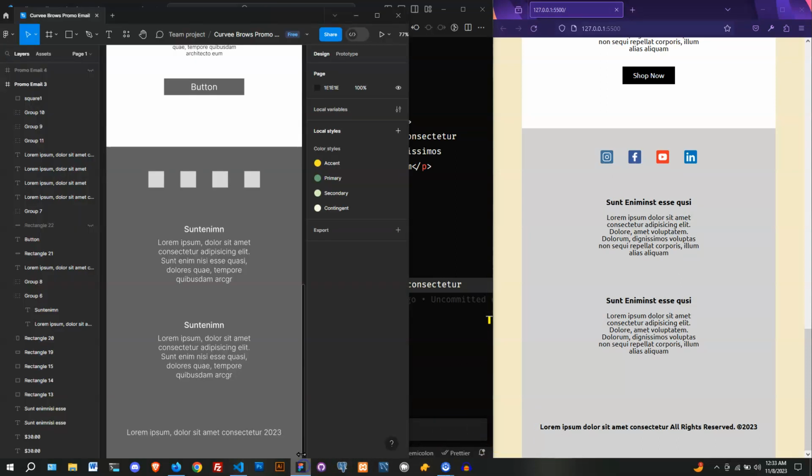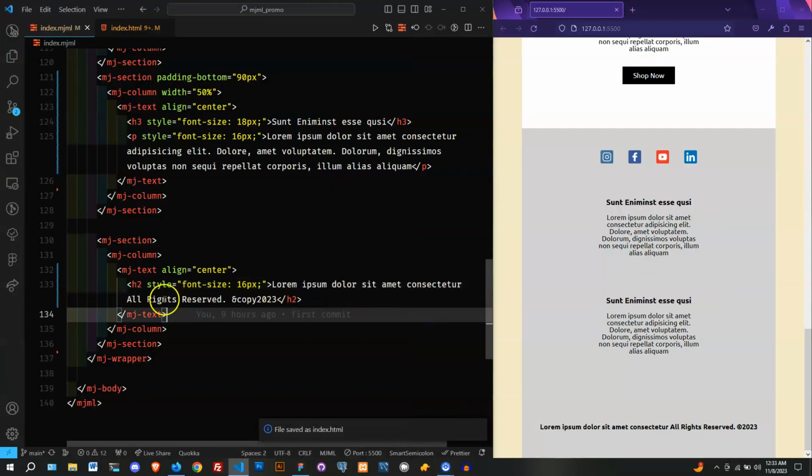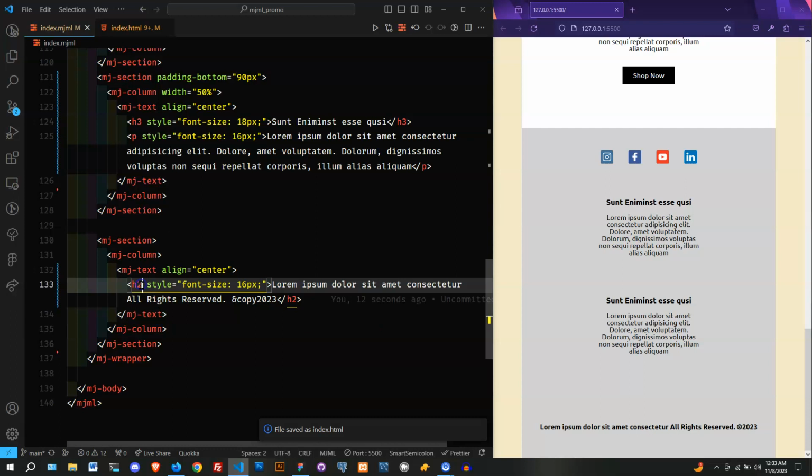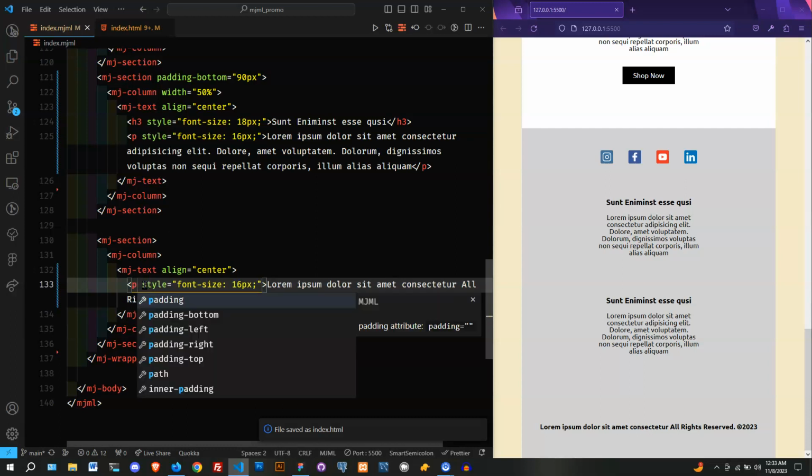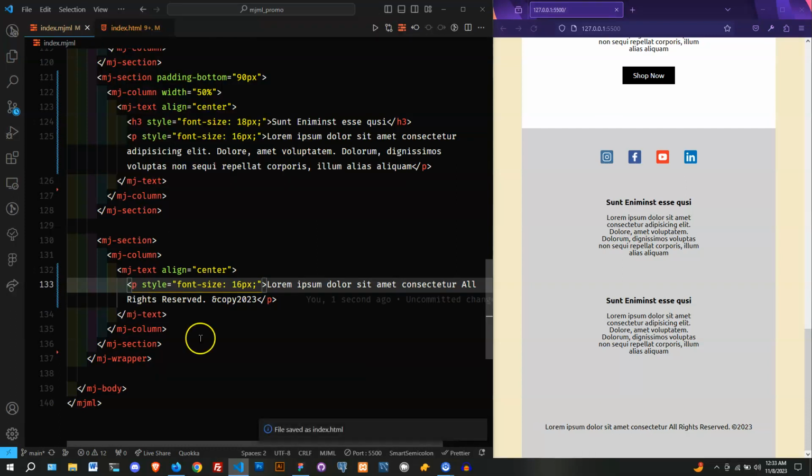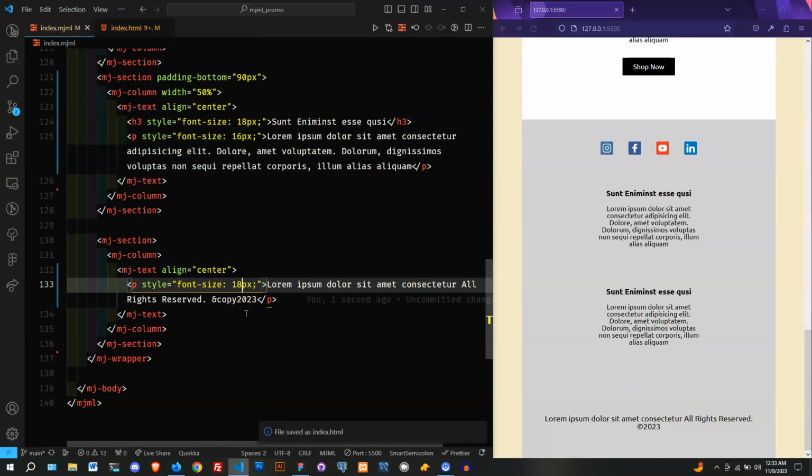Let's check the reference. Let's make it a little bigger here. Do a paragraph. Let's see how that is. That's better. Let's make it 18. All right. Take off a little bit of